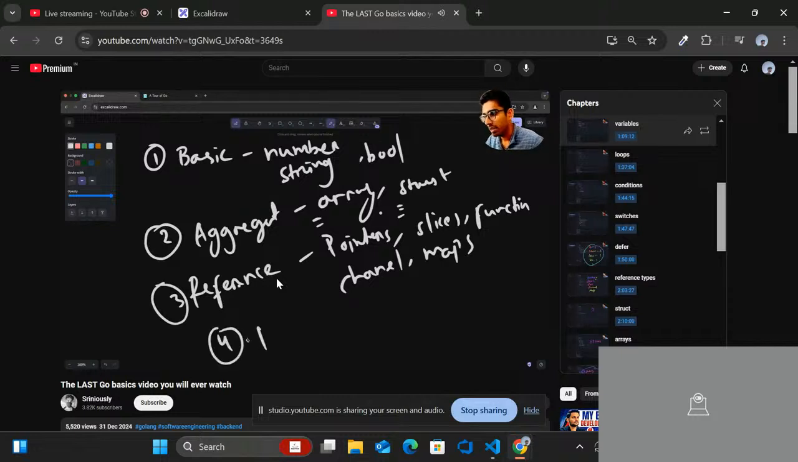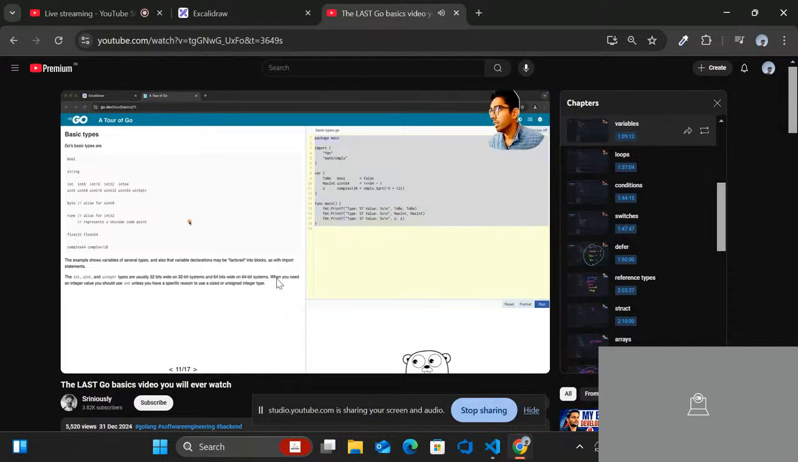And we have the fourth one, interface types. We'll explore interfaces later, but they are another major type in Go. So these are the 4 major categories of data types in Go. And inside basic, we have number, string, and boolean. So if you go here in the tour of Go, here we can see we have